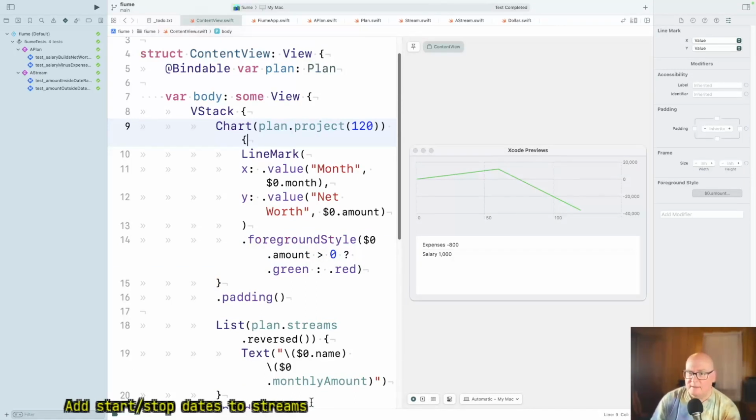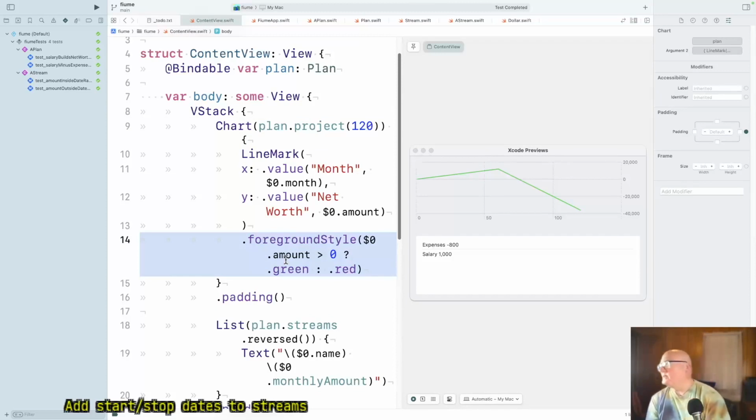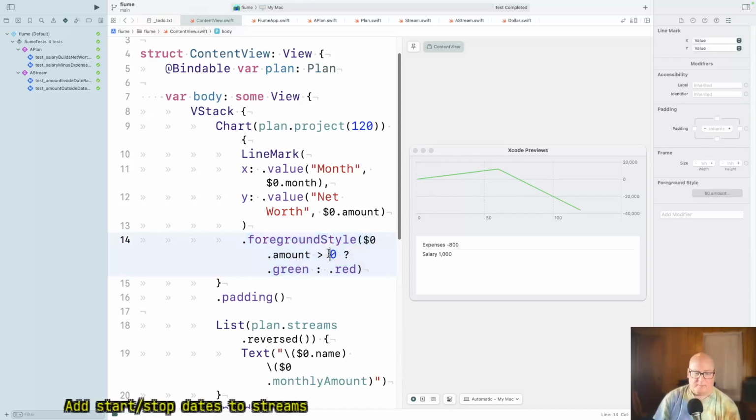Okay. Well, I keep saying it's not the most important thing, and then I keep going back to it. Right. Why is that not? I mean, it's plotting each individual one, and y is $0.amount. So if this is greater than 0, can I trigger anything to get it to?